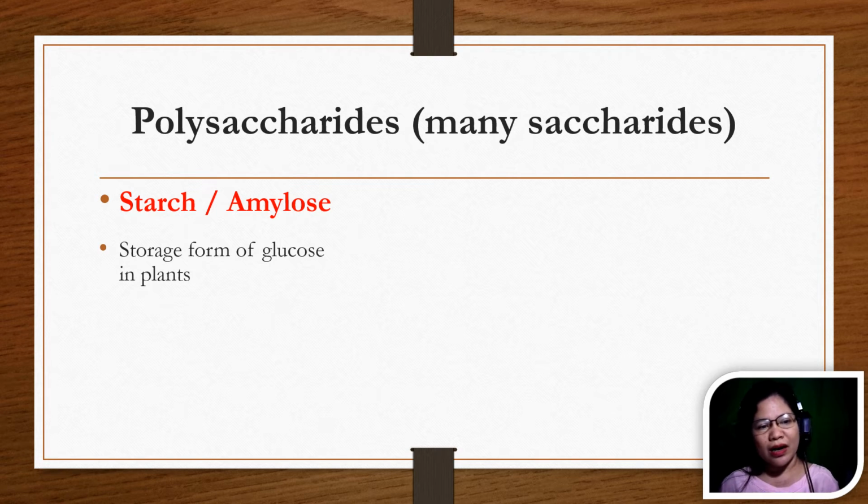So usually they are a storage form of glucose in plants. Now, why do we have sweet potato and potatoes and many root crops? Those are the starch that are being produced by the plants. Yun yung mga excess starch that they have. So saan siya napupunta? Doon sa kanilang mga roots, and